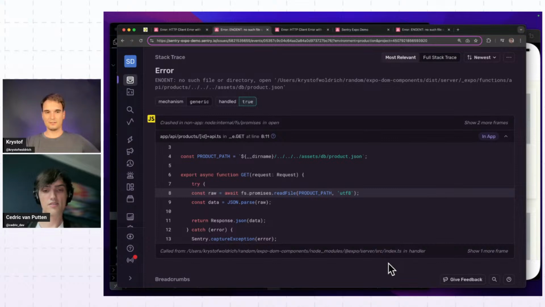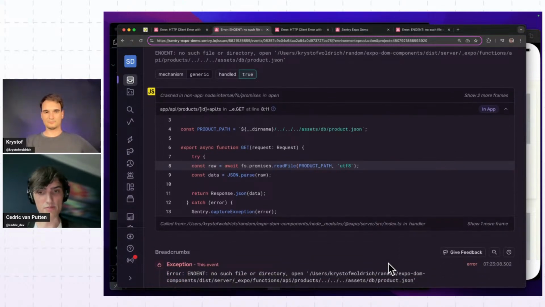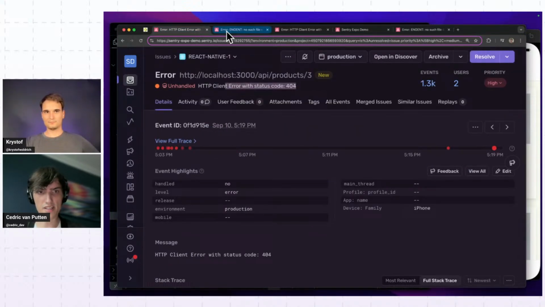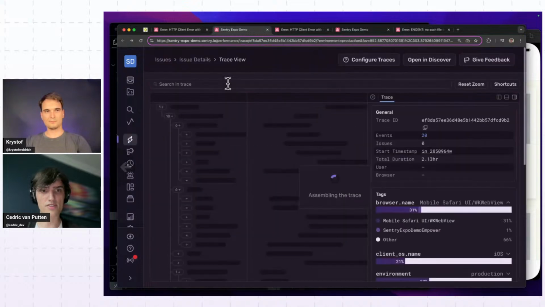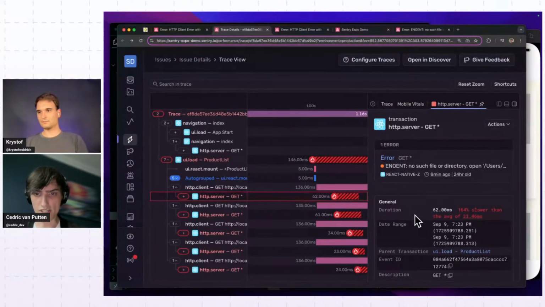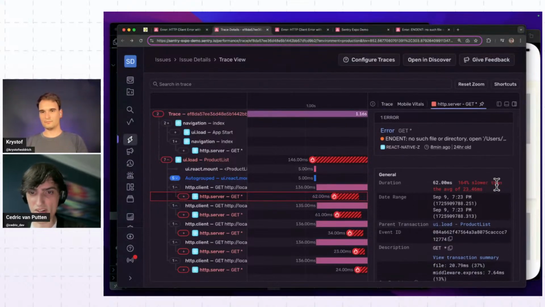Exactly. So I mean, we can fix it now, but I did spot some other interesting things in the tracing part. Did I see correctly that on the right side in the tracing, you also have measurements, like 62 milliseconds, 164% slower than the average of 23? That's actually interesting. Could you spot possible bottlenecks from, let's say, a database, or in our case, if the disk gets overloaded on the server, then we need to know. Does this help you figure that out? Yes, this helps you